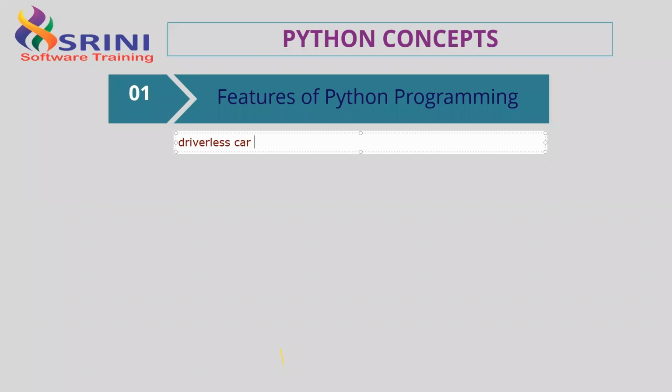Can you develop a driverless car using Java? No. Can you develop a chatbot using Java? No. Can you develop embedded system applications, like washing machine, refrigerator, smart AC, smart camera applications, using Java?